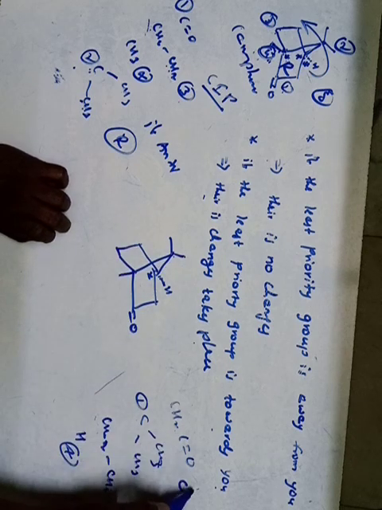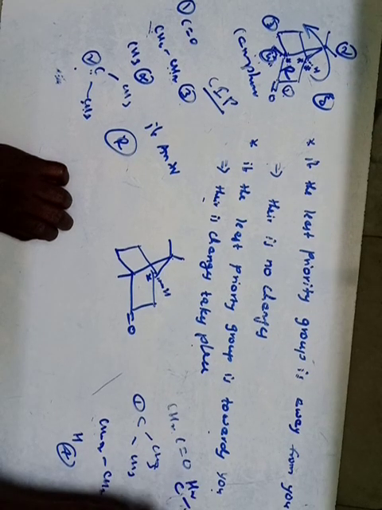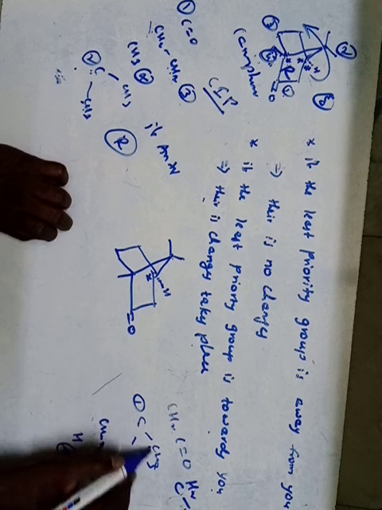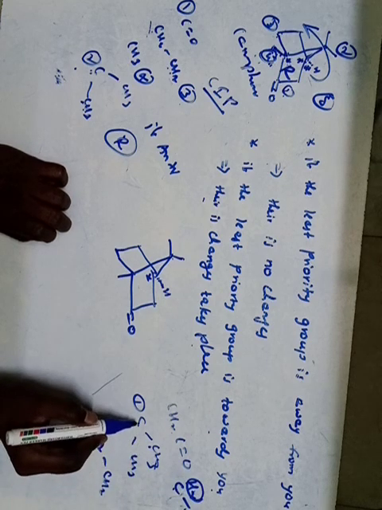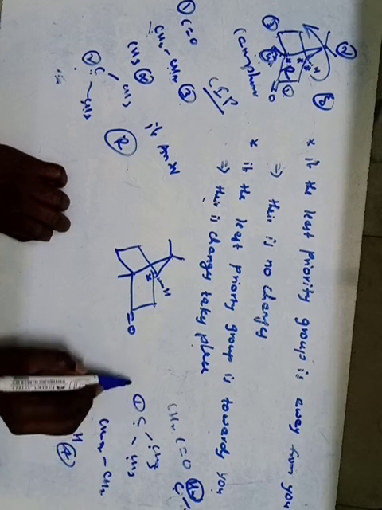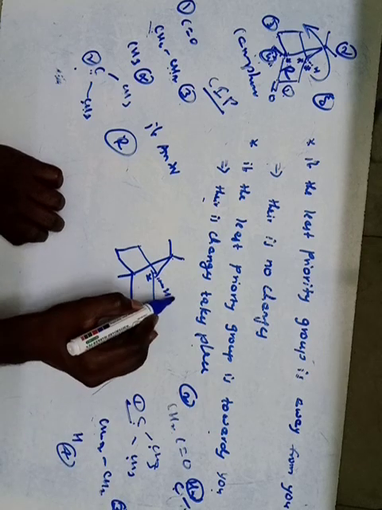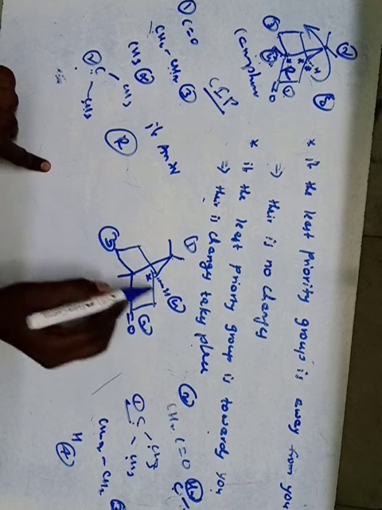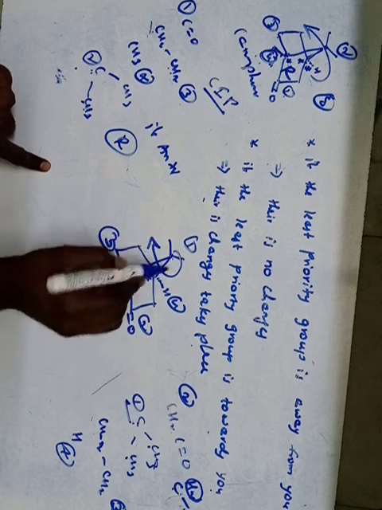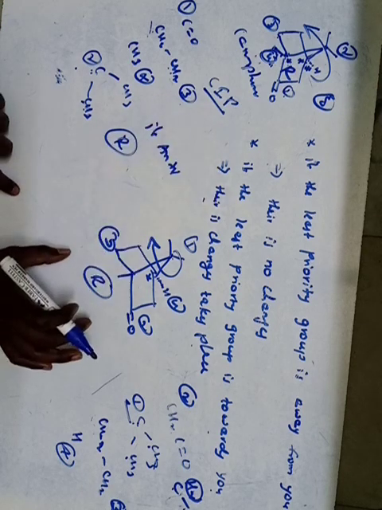Here this CH2, see, this carbon will be attached to carbon. Here this carbon will be attached to carbon, again this carbon will attach to hydrogen, but here this carbon will attach to carbon. That's why it will get first priority, then second priority, then this third, and this is the fourth priority for hydrogen. Okay, first, second, and this is third. This is clockwise direction. Clockwise direction means R, whereas anti-clockwise means S.